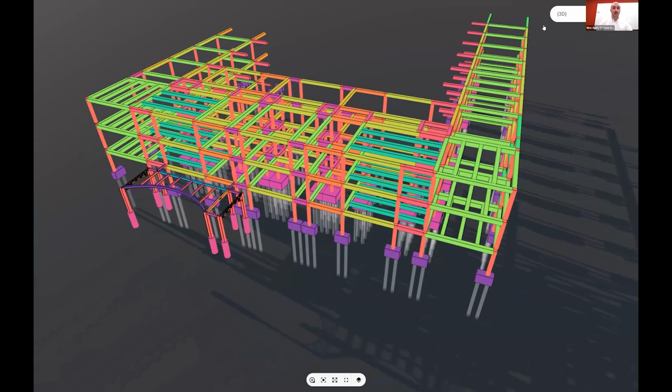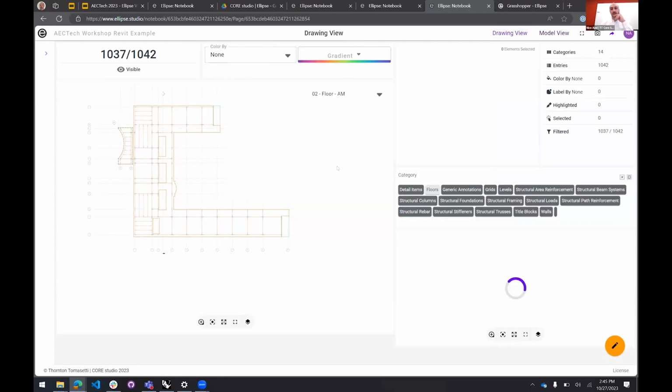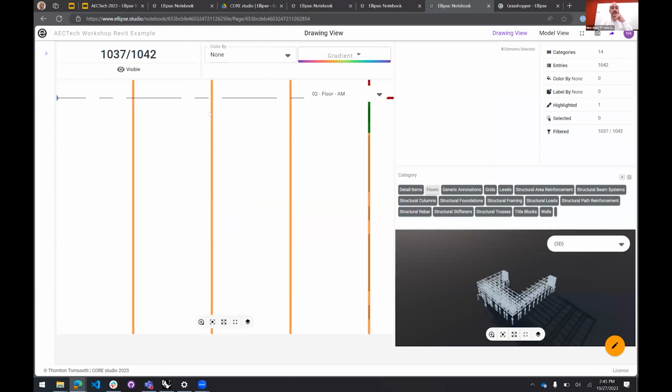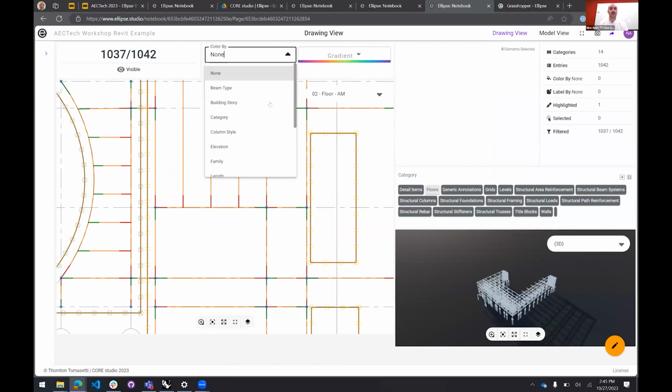And if we switch to the drawing page, we can see that our model and our drawing are linked together. So this is an analytical model, so it's importing all the colors from Revit for the analytical model. This is not being set by Ellipse right now. And that's something to note, that you can set textures and colors and stuff outside of Ellipse for your base